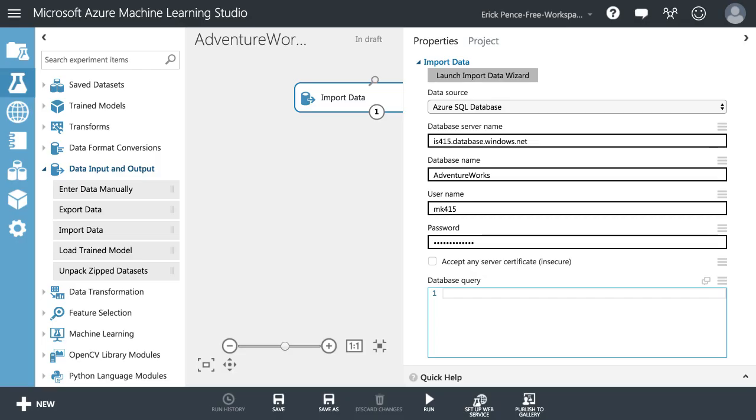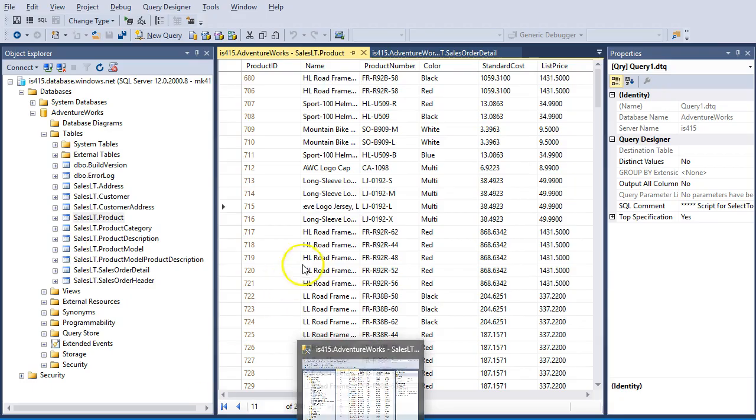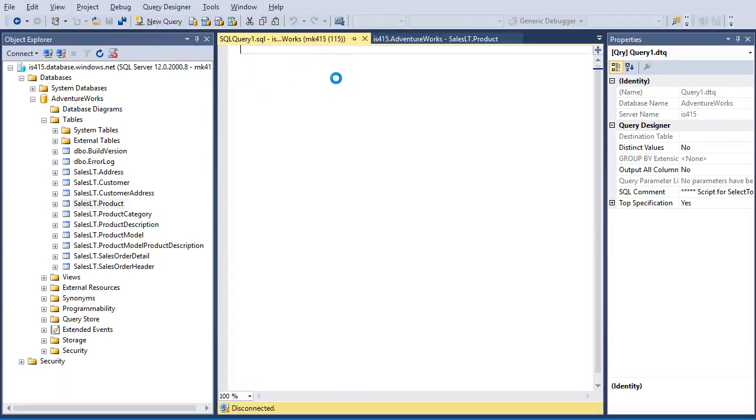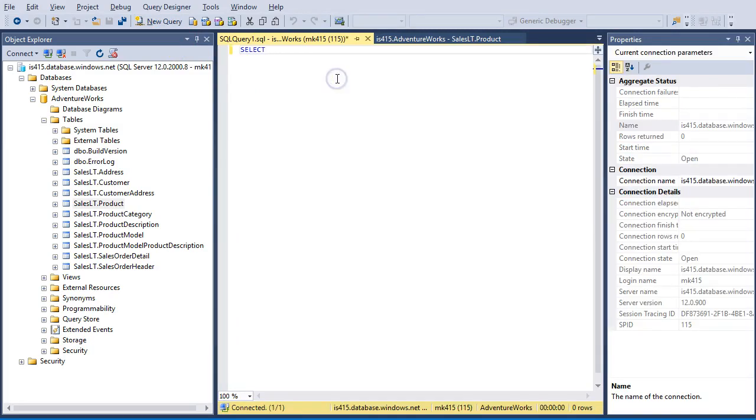All right, so back to Azure ML Studio. We need to write the query. Now a great way to do this actually would be to test it out first here in SQL Server Management Studio. So let's make a new query and try this out. Let's say select,